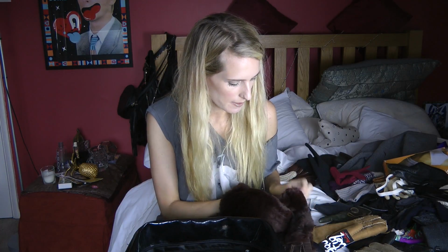Another pair of mittens. See, this is my downfall. You don't need two of pretty much the same thing, do you? And another pair of mittens. Dear, what am I like? I've got loads that my mum passed down to me when I was young, like ones she wore in the 70s, but really I'm not going to be wearing them. These look more like if you were going to a fancy dress or some sort of...